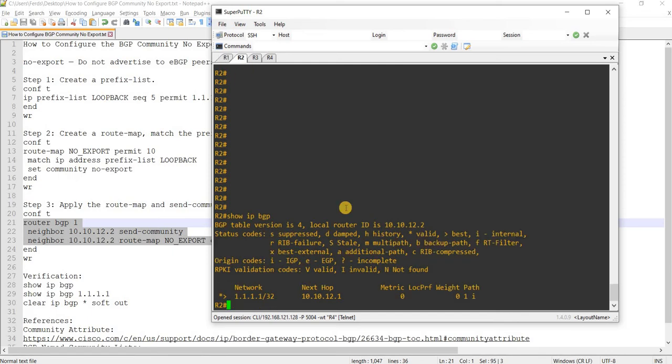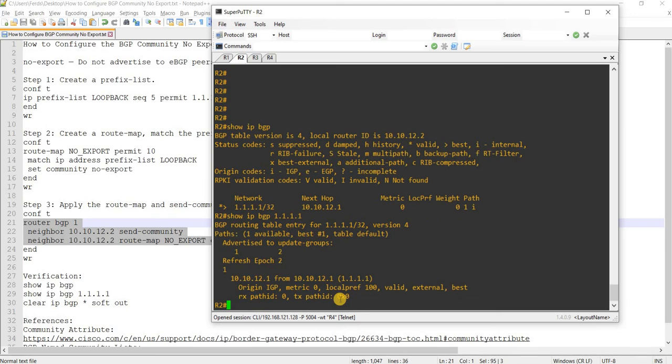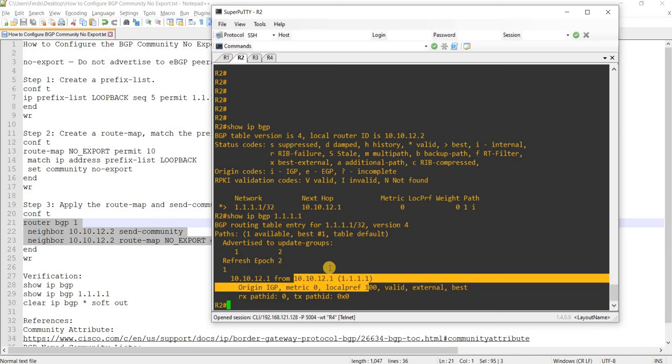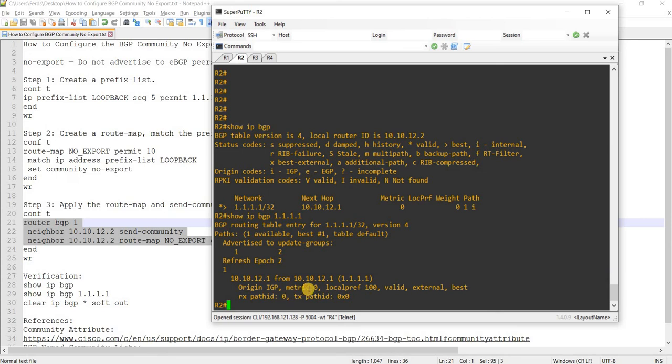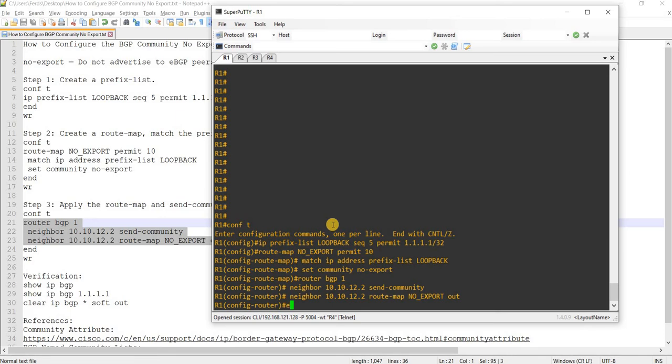And you see here that from R2 there's no community tag, but if I do